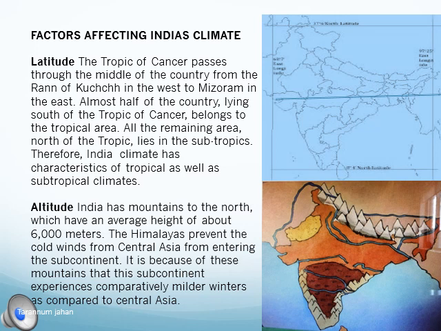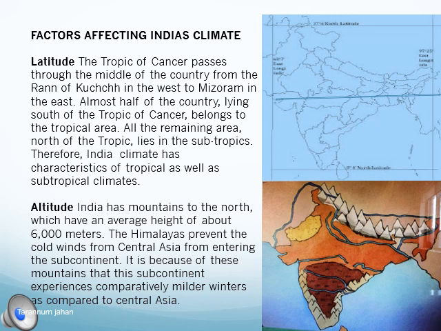If we didn't have the Himalayas and these polar winds entered India, we would have had completely cold regions, and it would have been snowfall all the time, with no other separate climate. That is why the Himalayas play a very important role in protecting us from those cold polar winds. In the same manner, because of the mountains, the subcontinent experiences milder